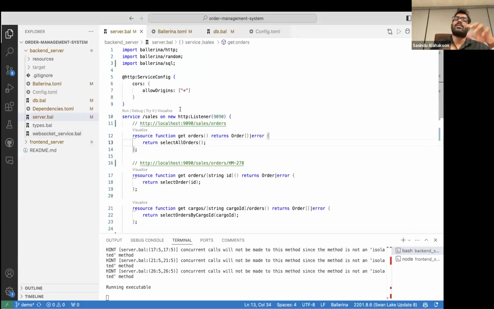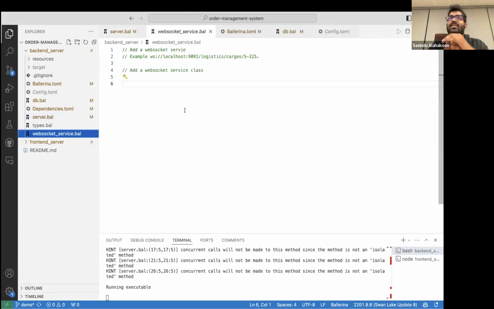So yeah, some of you may or may not know about WebSockets. WebSockets are a way for a web application to create a two-way communication channel between a browser and a server. It's a two-way channel between a front-end application and a back-end application. It is unlike regular HTTP requests where the browser asks for data and the server responds. WebSockets allow both the browser and the server to send messages to each other at any time without needing to ask